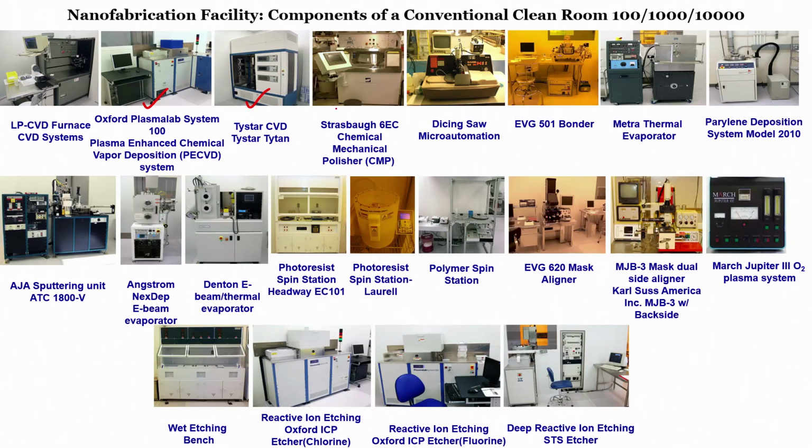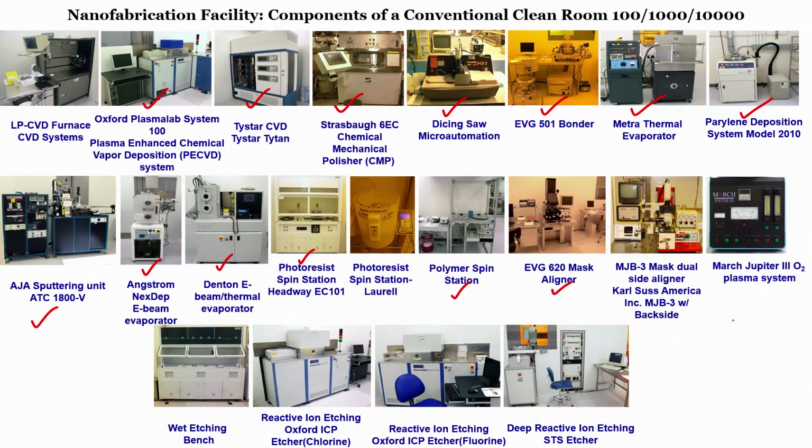Then you have your CMP for polishing the wafer. Then you have a dicing saw for dicing the chips. Then you have a bonder for bonding silicon with silicon. So, you need that kind of application when we are making a microfluidic chip. Then you have a thermal evaporator, then you have a parylene depositor, this is a plastic deposition, polymer deposition, you have a sputtering system, you may have an e-beam evaporator, you may have a Denton e-beam thermal evaporator, that is a thermal evaporation, you have a photoresist spin station, you have a polymer spin station like SU8,